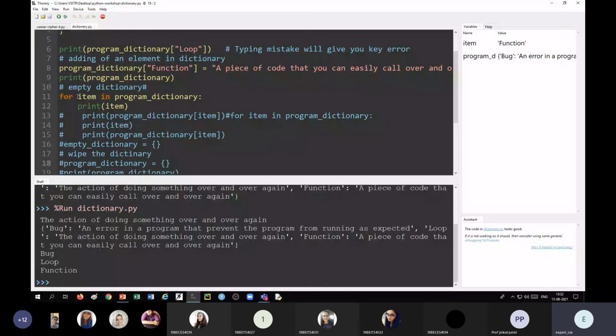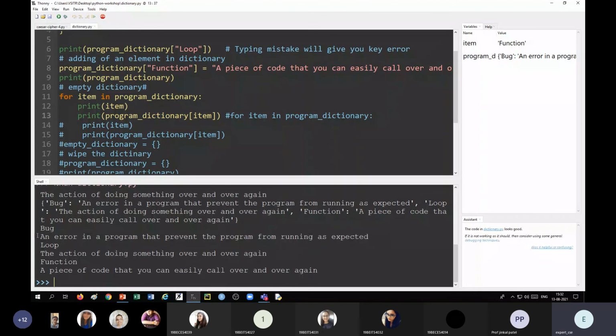If from the key you want its value, then we simply use the key as a subscript and print this. Print program dictionary item. So this will give you its value. Okay, now let us run this. See, bug and its value, loop and its value, function and its value.